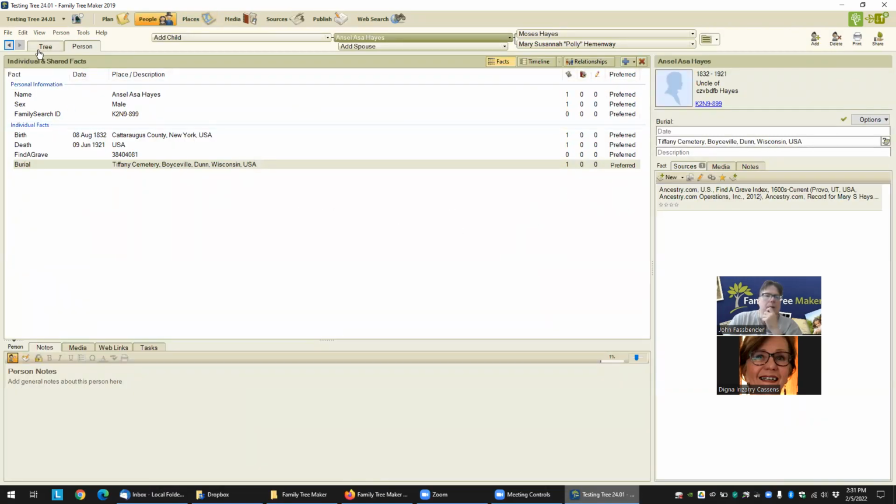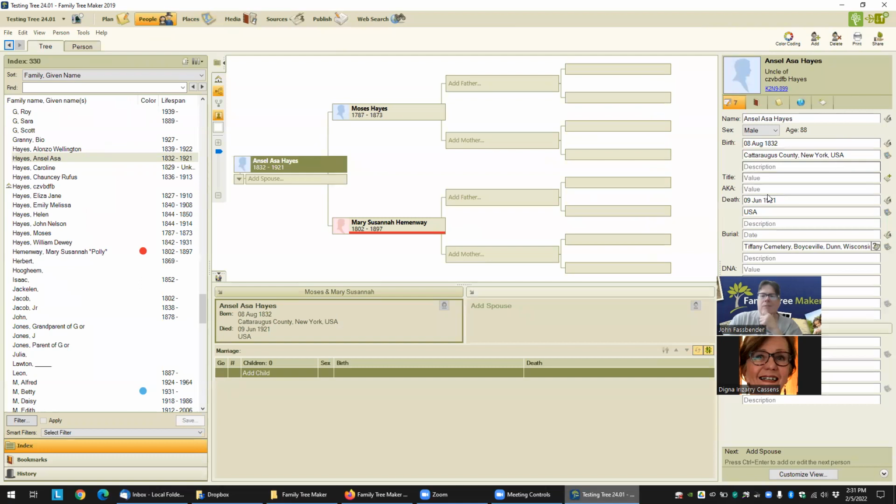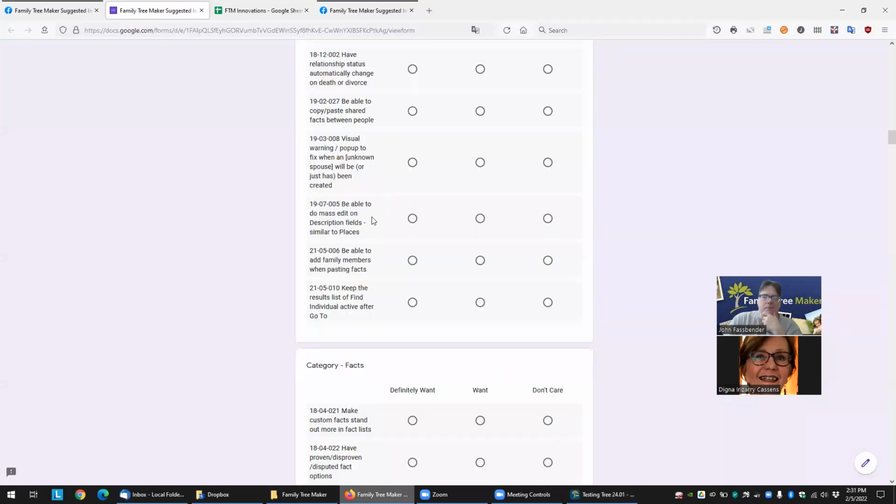Well, there is a way of adding stuff straight to the description of all fact types. I'm just blanking on that at the moment. I'd basically be able to do that with any fact type. So